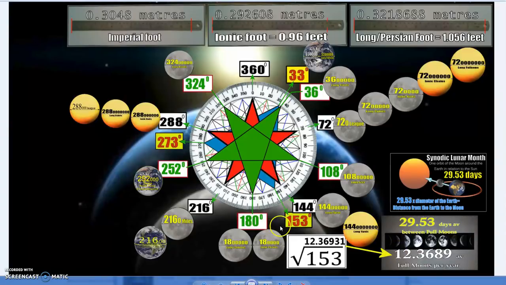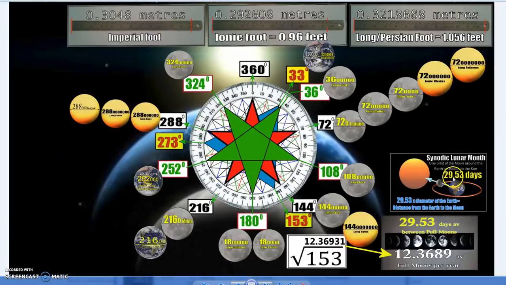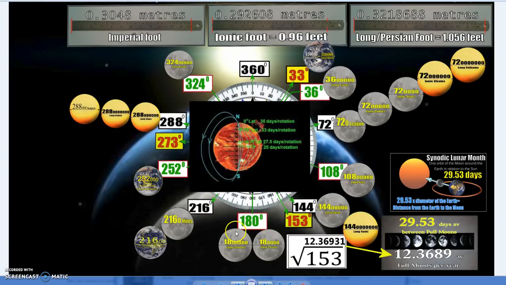Back to the square root of 153, Sun, Earth, and Moon, which is a reference to both time, 29.53 days, as well as a ratio of distance between these. Now, more to come in the next episodes, but